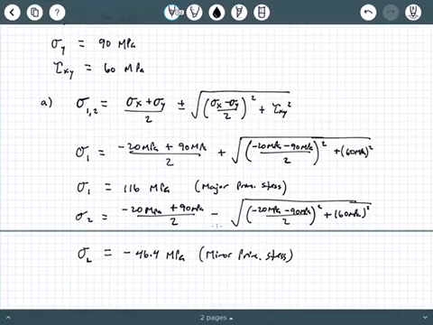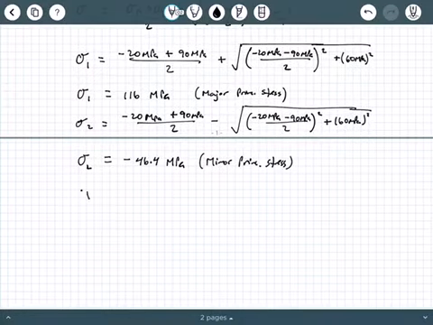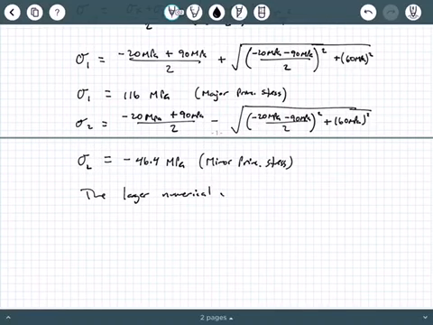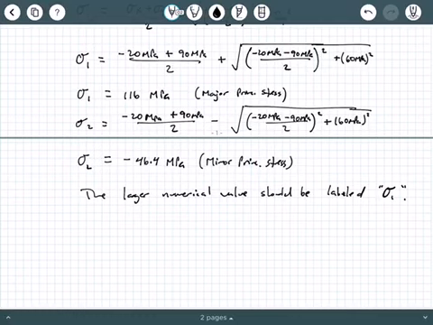That's it. Sigma 1 is the major principal stress, and sigma 2 is the minor principal stress. Now, here's where you do need to be careful and be cautious. Depending on if tau xy or sigma x or sigma y are positive or negative, you could end up getting what you call sigma 1 as a smaller number than what you called sigma 2. In that case, you just relabel them, okay? So all we're saying is that the larger numerical